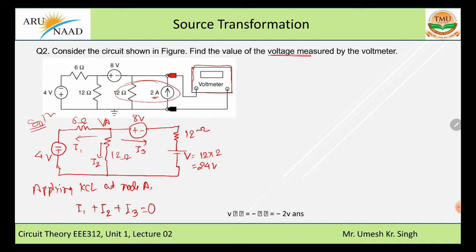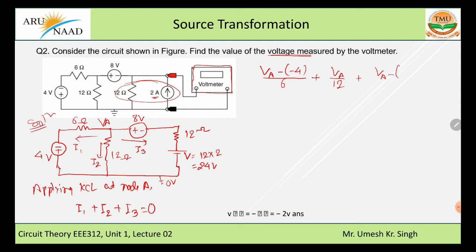Now what is IA? IA is the current flowing from VA towards the minus 4 volt voltage source. So VA minus 4, again VA by 12. This is grounded and can be assumed as 0. So VA minus 0, or simply VA by 12 plus